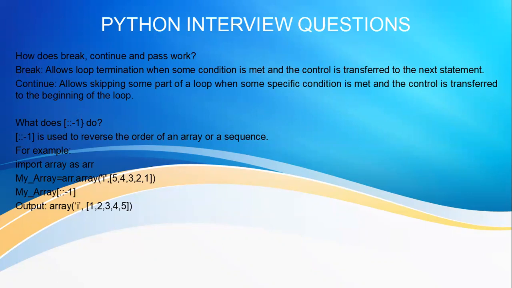So what is the definition of the break and continue keywords? The second point to remember, both break and continue keywords execute when a particular condition is met. So when a condition becomes true, the break and continue keywords are executed. Then what's the difference between them? Break is basically used to terminate, to come out of the loop immediately. That's the definition of the break keyword.